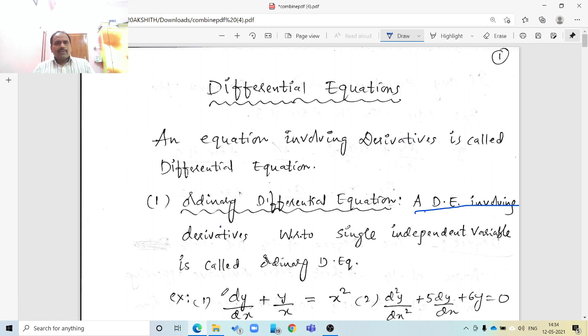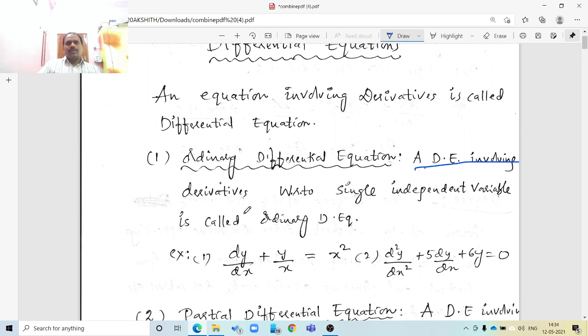Good morning, everyone. Today we are going to deal with a beautiful and important topic of mathematics, that is differential equations. An equation involving derivatives is called a differential equation. There are two types. One is the ordinary differential equation, a differential equation involving